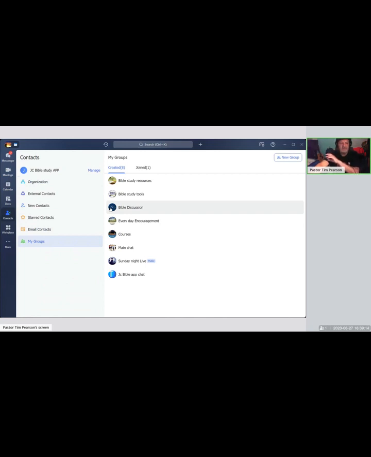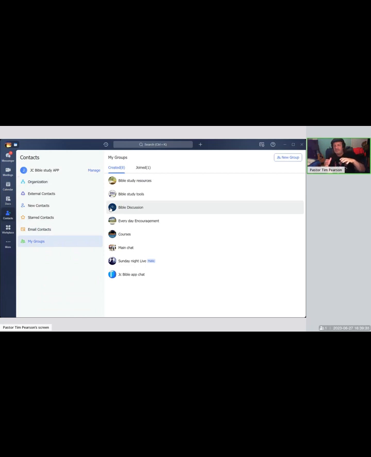Now, this has the ability to be a public app, so you could have thousands of people. There's no limit. The video conferencing here is a little bit different. This one maxes out at 200 people that can go on cam. But then it goes up to thousands of people that could actually attend an event.